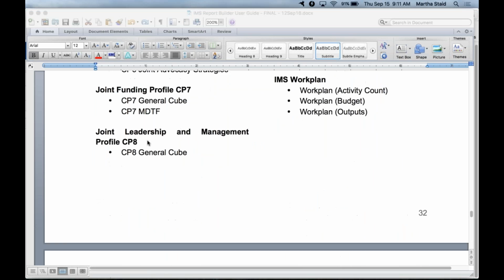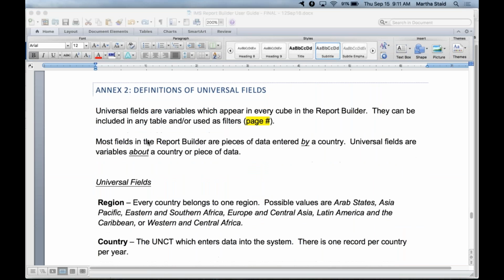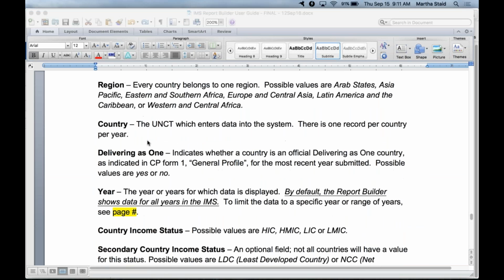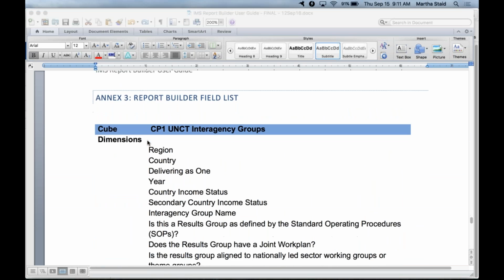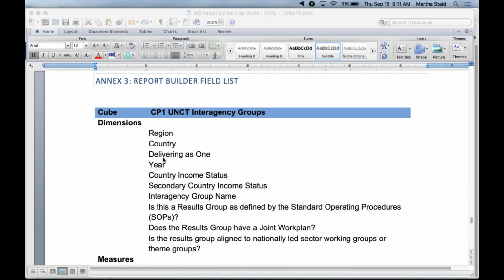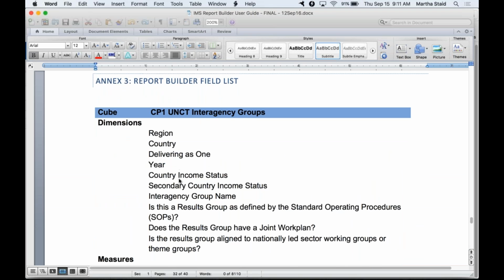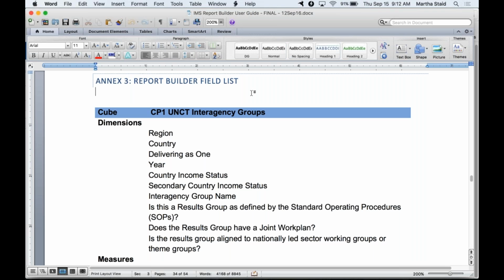Just below that annex, you have some specific definitions, including a list of every field in the report builder. Where this is useful is you can do a find in the PDF so that you can see, oh, hey, I'm interested in, let's say, gender.